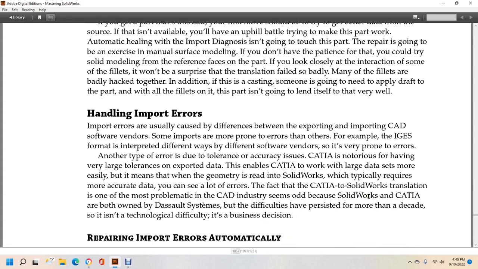Handling import errors. Import errors are usually caused by the differences between exporting and importing CAD software vendors. Some imports are more prone to errors than others. For example, the IGES format is interpreted differently by different software vendors and is very prone to errors. Another type of error is due to tolerance accuracy issues. CATIA is notorious for having very large tolerance to export data, which enables CATIA to work with large data sets more easily, but it means that